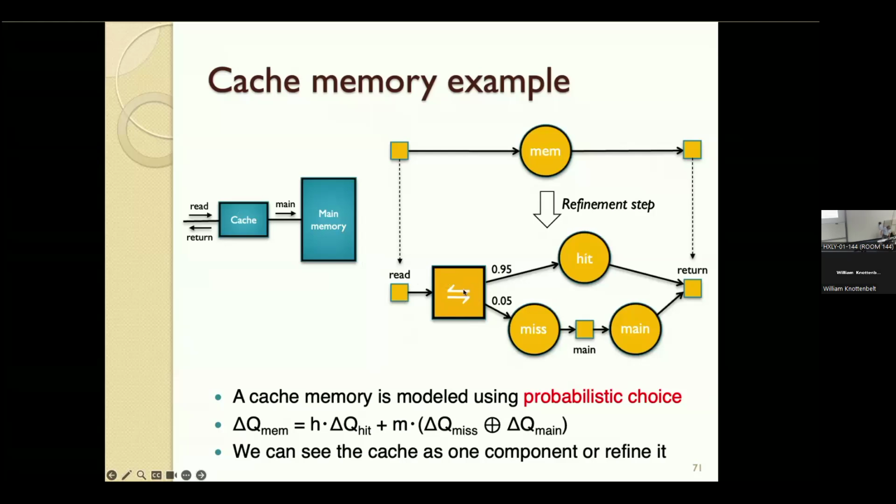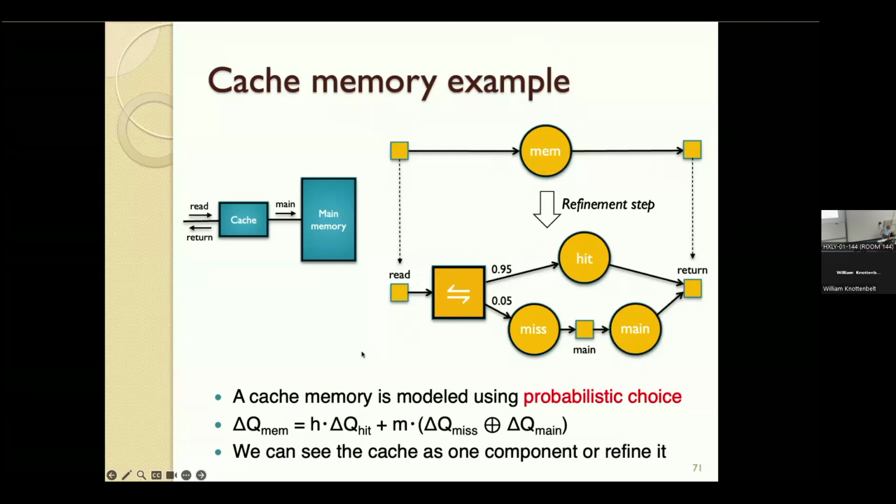And if it's in the cache, which is called a hit, then we have a hit outcome here, and we immediately return. If it's not in the cache, we have a miss outcome, and then we do a main memory read. So the cache, the mem here, which is basically the memory read operation as seen from the processor, can be